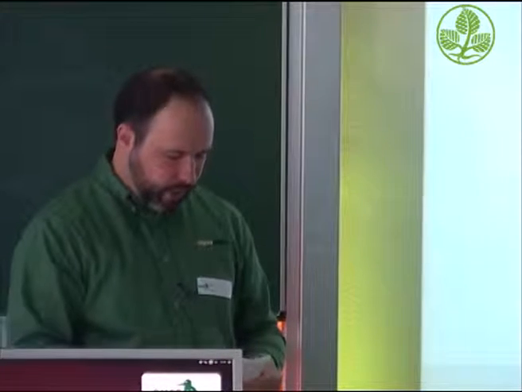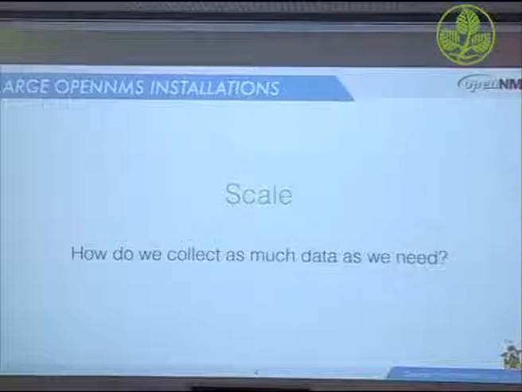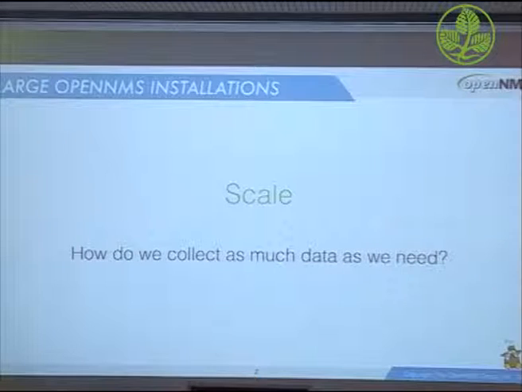For the purpose of what we're going to talk about today, scale means data collection, the total amount of data points and metrics that we can collect on a specific interval. That's usually one of the key limiting factors in OpenNMS, and basically the key feature that we wanted to address with the Minion architecture. There is a finite limit to the amount of metrics you can collect with a single OpenNMS machine. If you reach that limit, then